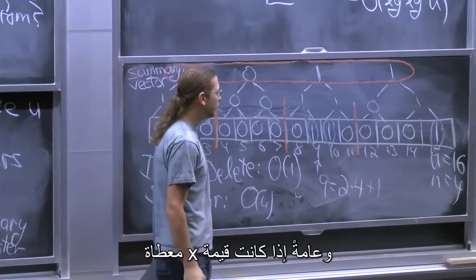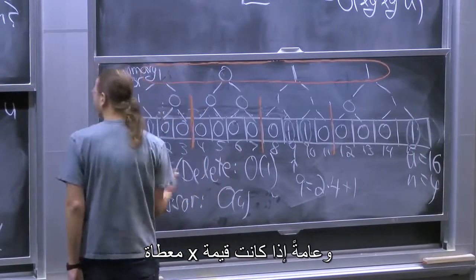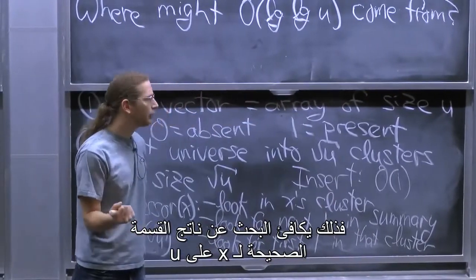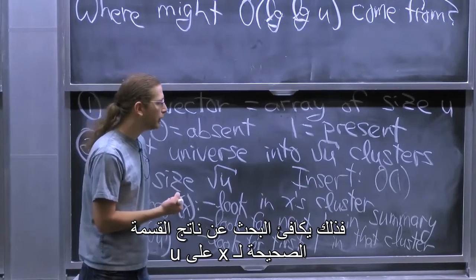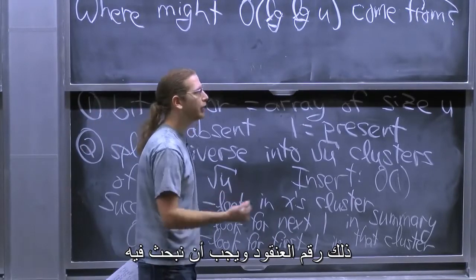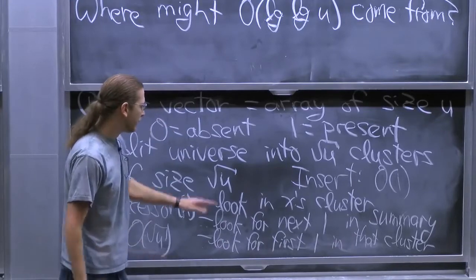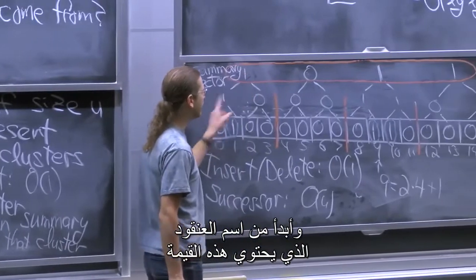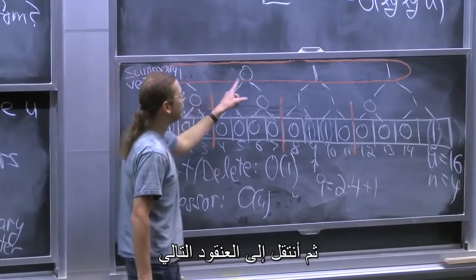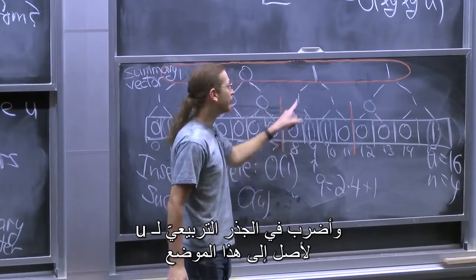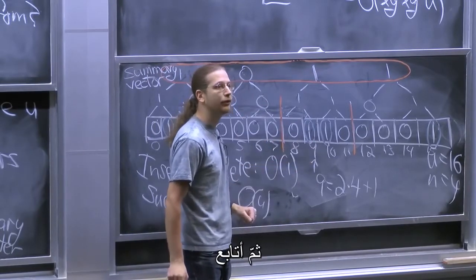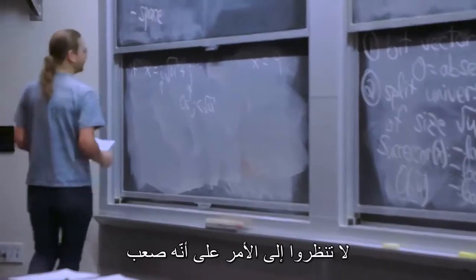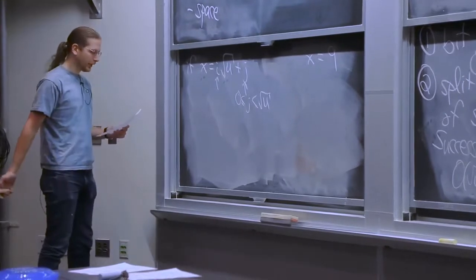So in general, if you're given x, I said, look in x's cluster. What that means is look at x integer divided by square root of u. That's the cluster number, and I'll try to search in there. Then I look in the summary vector starting from that cluster name, finding the next cluster. Then I'll multiply by square root of u to get here, and then continue on. Because dividing and multiplying is something I don't want to have to think about too hard, I'm going to